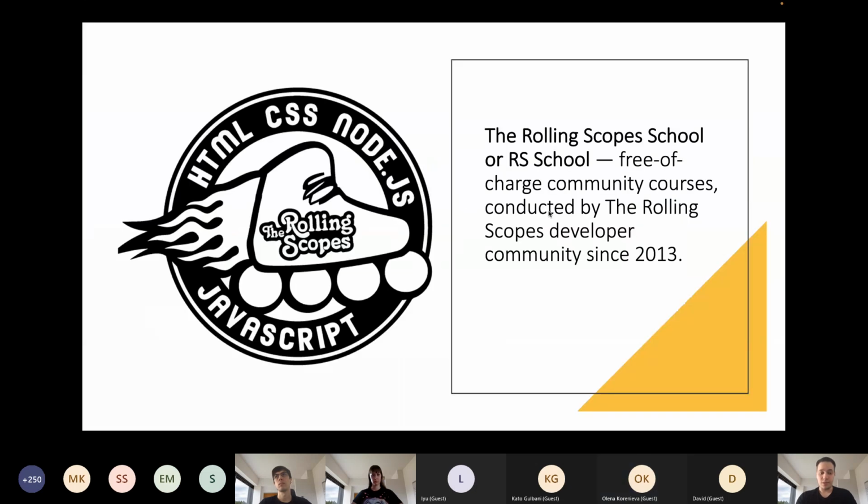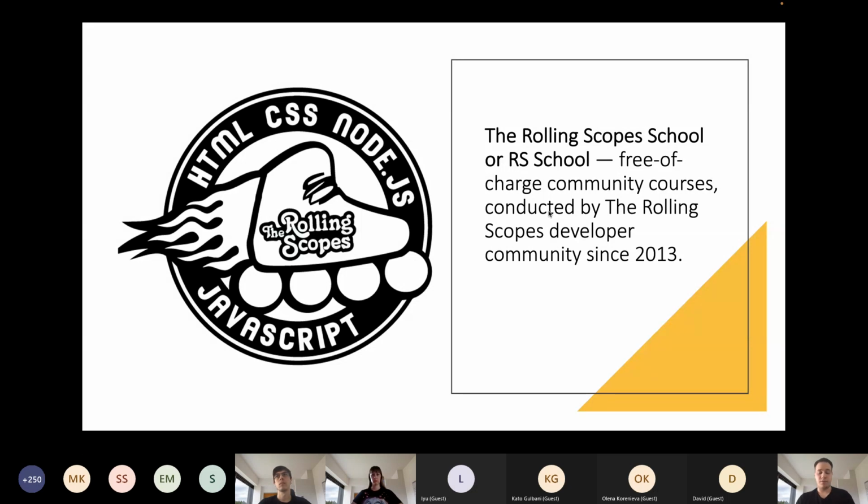Okay, so first of all, the Rolling Scopes. It starts with the Rolling Scopes, which is a developer community formed in 2013.